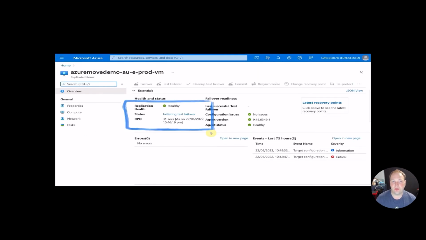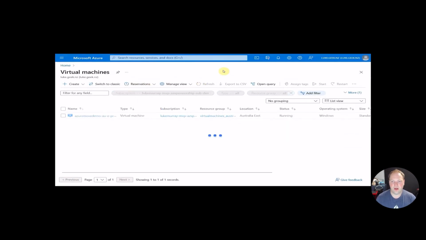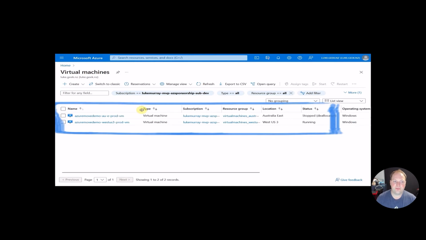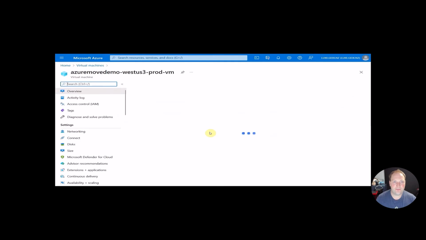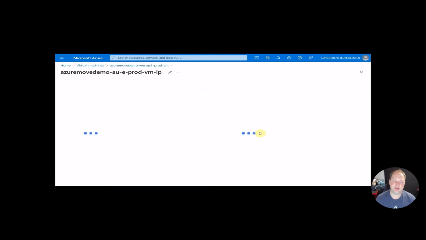As you can see with Azure Site Recovery, we're now initiating the test failover. For example, our VM in Australia East has now been stopped and deallocated automatically by Azure Site Recovery and Azure Resource Mover, and West US 3 now has a virtual machine that's just been stood up and running. So now we can do our testing. It's got a new public IP address